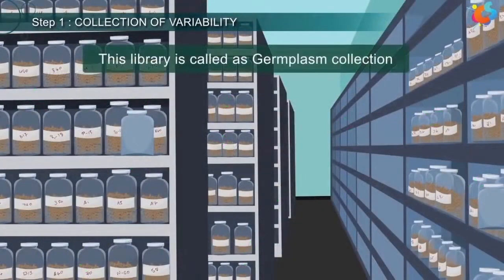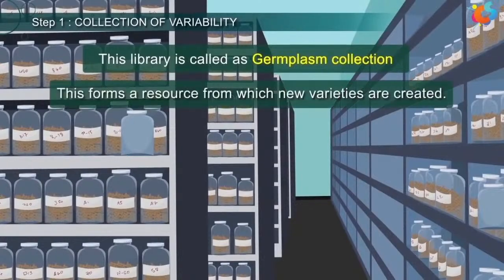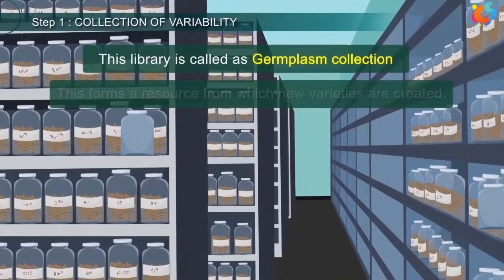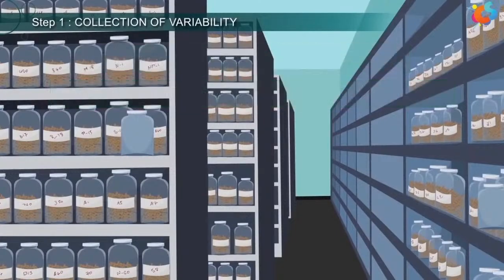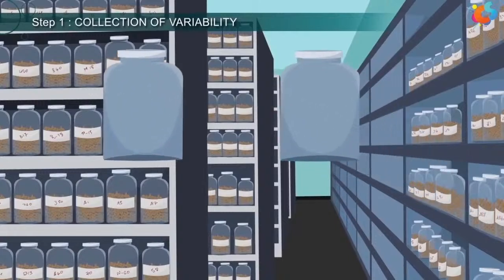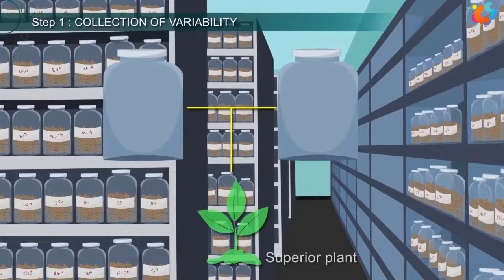This library is called germplasm collection. This forms a resource from which new varieties are created. Currently, most of the crops have germplasm with more than 100 varieties. Due to availability of vast germplasm, any breeder can now easily manipulate different combinations of alleles in order to create